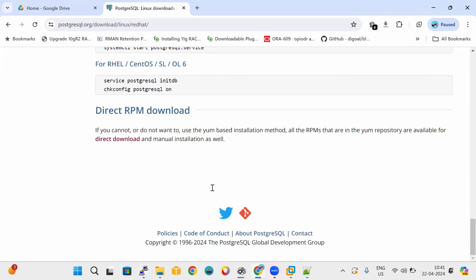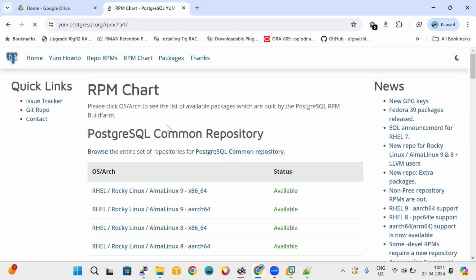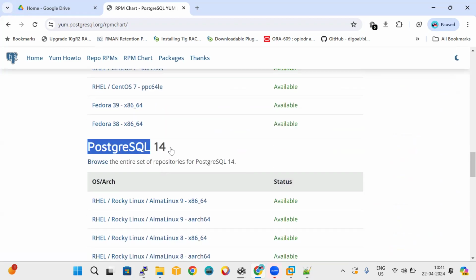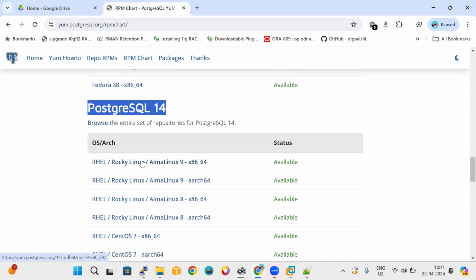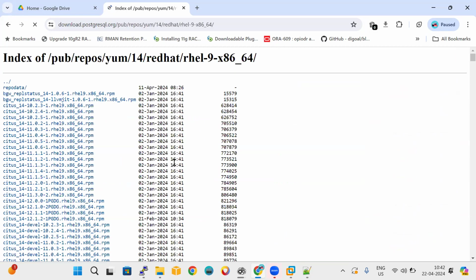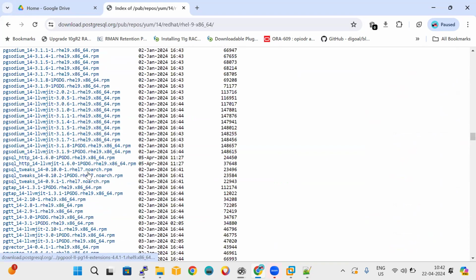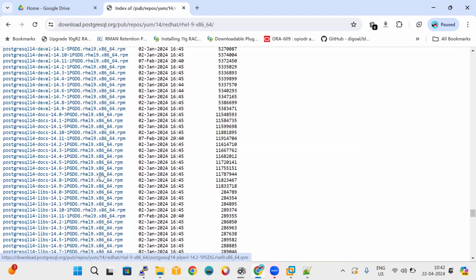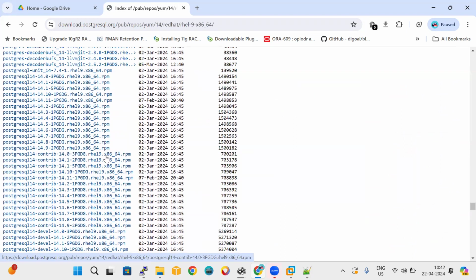I'll come down. You have direct RPM download. Go to direct RPM download and choose the version you want to install. Let us say I'll install Postgres 14. My operating system is Red Hat 9. So these are all the RPMs, the PostgreSQL server RPMs, that I need to download. The first thing first, I need to download